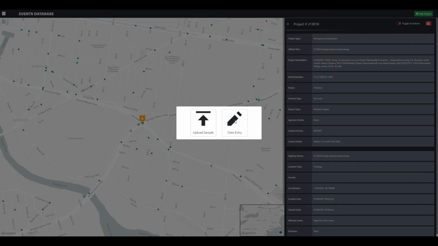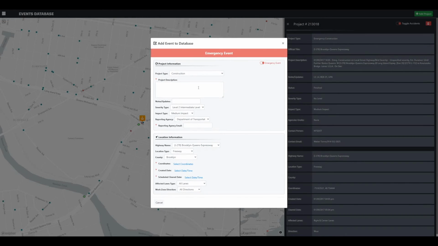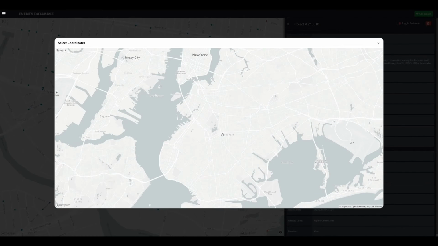There is also the option to add a new WorkZone to the database, either by uploading a corresponding file or manually inputting the data. Let's demonstrate the data input method. If the event is considered an emergency, we can flag it as such, then enter the needed information. The coordinates can be selected using the pop-up map tool,